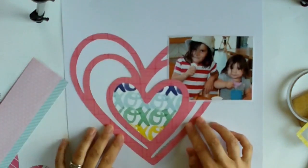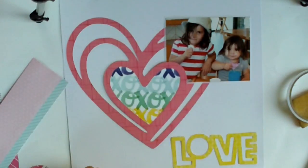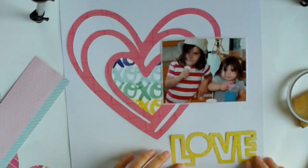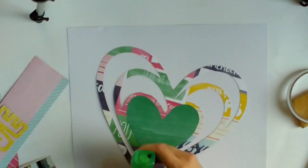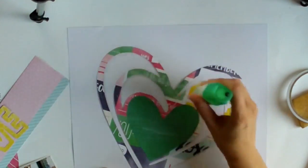So here I'm playing around trying to decide where exactly I want these elements on the page, and I'll be honest, it was a struggle. So I've left some of it in because I want to be real. I don't want it to look like my layouts just fall together, because often they don't. So I've decided on the placement, and